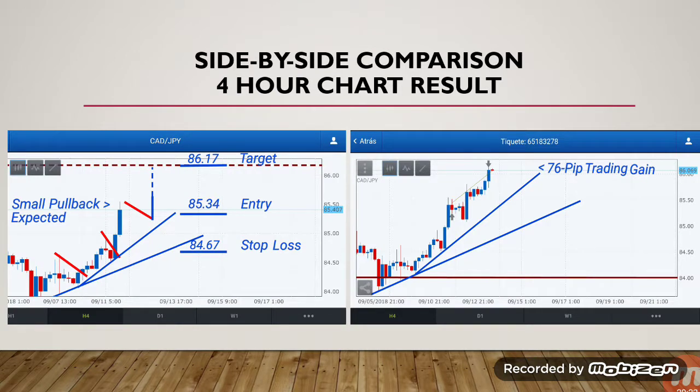So just to show you an example of what the consequence of that would have been, here we see that we did in fact predict that the market was going to be pulling back. And so this pullback was going to be temporary. But if we had been monitoring the market and looking at the market, and we saw this final bearish candle here,